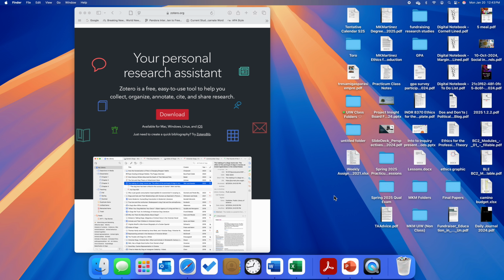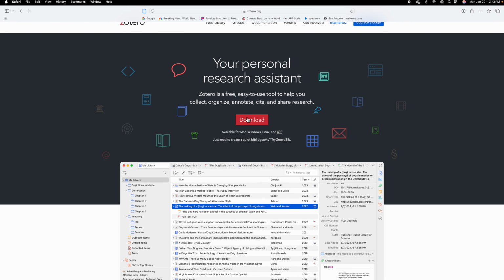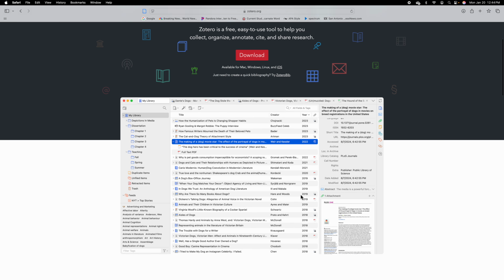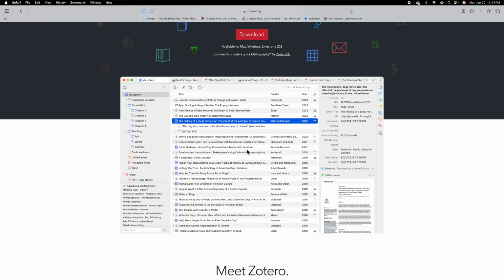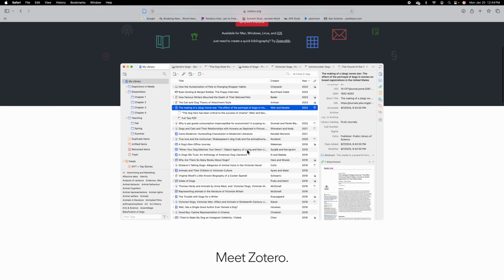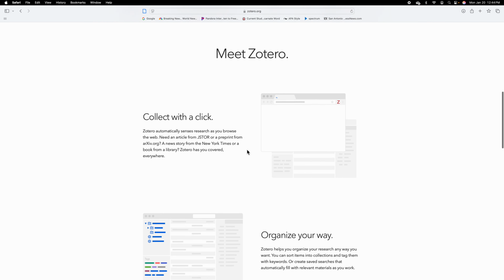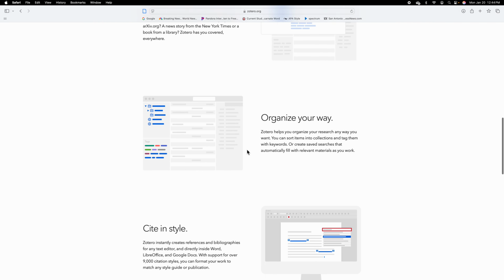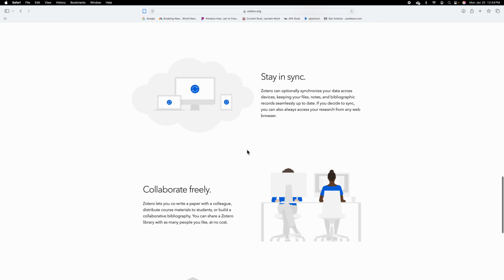So Zotero, as you can see on the screen here, is a personal research assistant. It is free. You can download it. It has an app for Mac. It has a connection for Windows, and it looks like any other file format that you've had. You certainly can go to zotero.org and look at it and see if it meets your needs